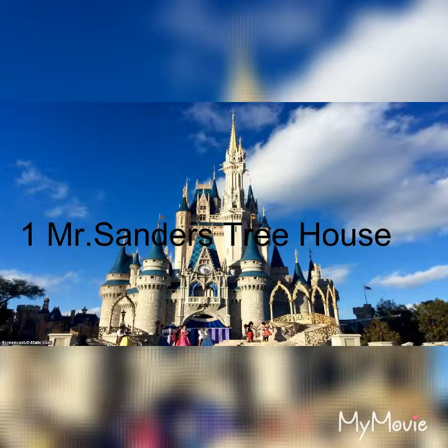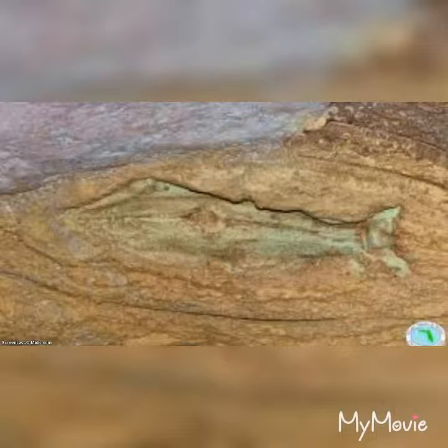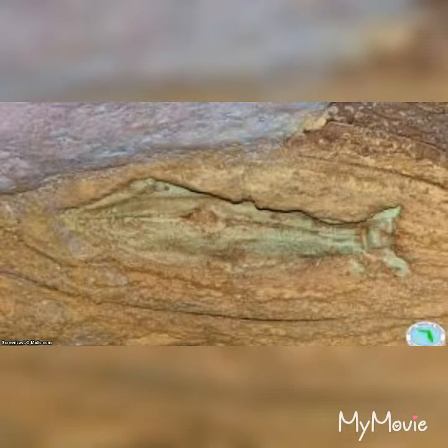And number 1 is Mr. Sanders' Treehouse. This tree right here outside of Winnie the Pooh has much historical history to it. If you go in that little door in there, and you look to your right, there's another door. Above that door is this, and that is a carving of the Nautilus from 20,000 Leagues Under the Sea. And you might be asking me, Dane, why is the 20,000 Leagues Under the Sea Nautilus there? That ride was never in that location. Well,